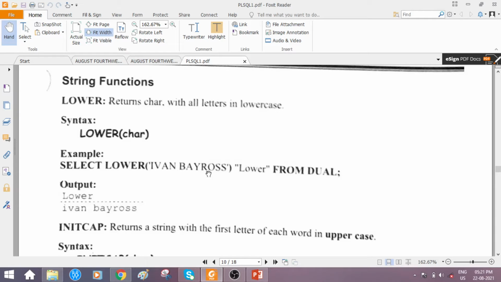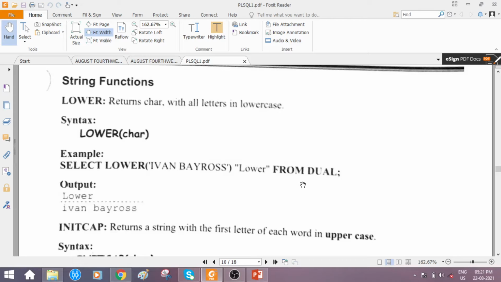So Ivan Barrows is the input given, and when we observe the output of this query, the column heading will be displayed as lower. Whatever we provide within double quotes will be shown as the column heading. So our syntax is: lower, the input Ivan Barrows, and the table name is mandatory.